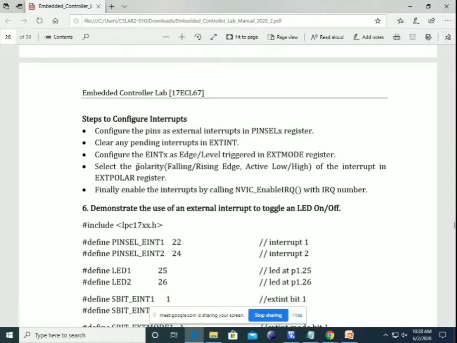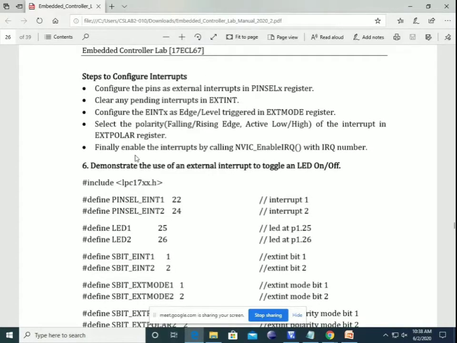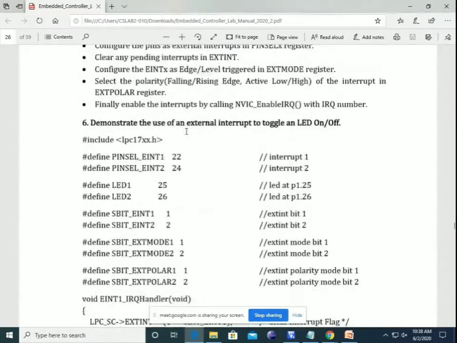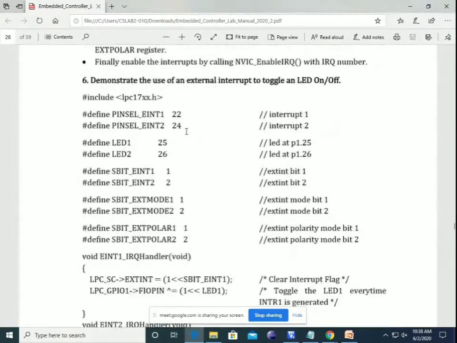Next, we will configure the polarity of this interrupt using the EXTPOLAR register. Finally, we'll enable the interrupt using NVIC enable IRQ with the interrupt number.